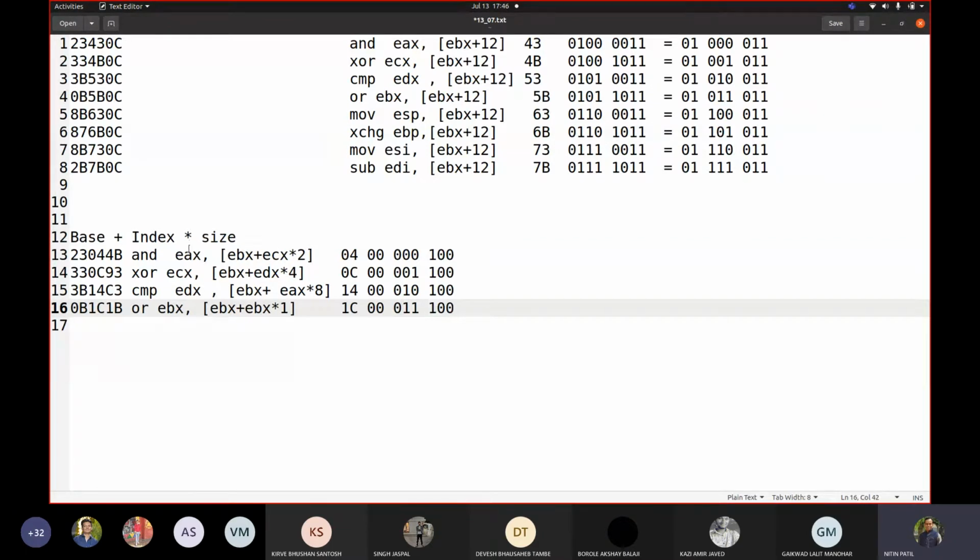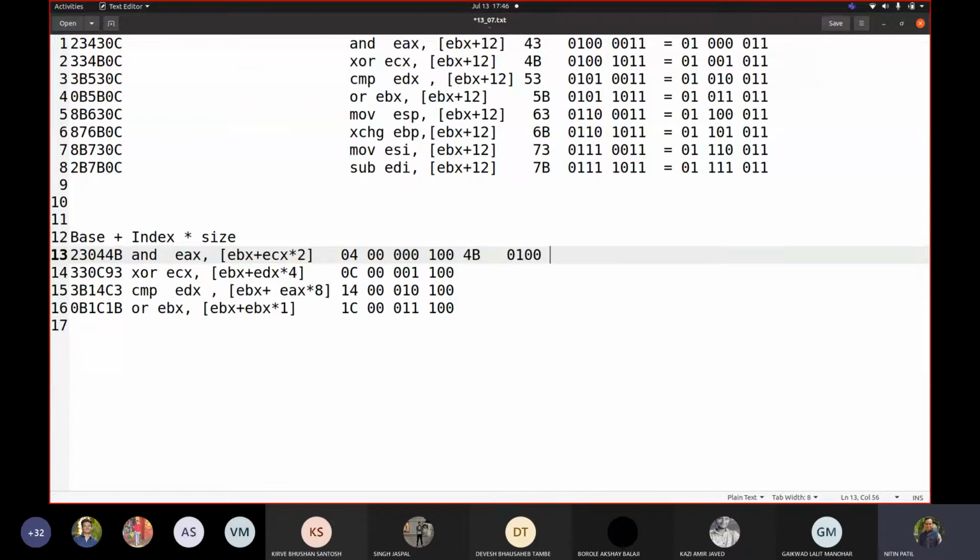If you talk about this EAX, this is EAX, correct? If you talk about ECX, this is ECX. If you talk about the next register, EDX, this is EDX, correct? Another register is EBX, this is also seen. Now, whenever you see something over here with respect to some factor which is not the same as what you saw earlier, this is address calculation, correct? But in this case, with this address calculation, it is doing something else. So let me write that 4B here. How will you write 4B?